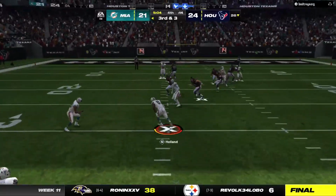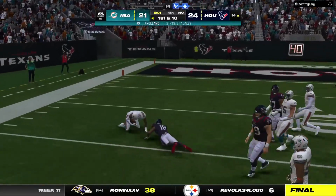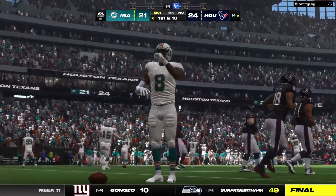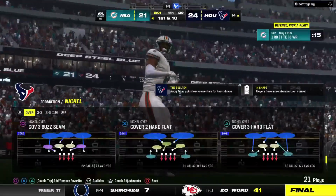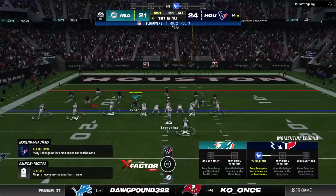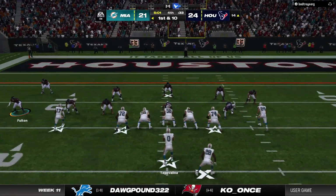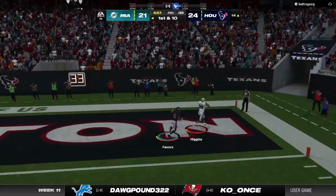And look at this. They get the turnover they needed. It's intercepted. Picked up by Javon Holland. And he'll take this down inside the 15-yard line. A critical error there in a tight game in the 4th. All you talk about is taking care of the football, and especially with a lead here in the 4th quarter, turning it over, now the door is open for the opposition. Just in general, when you're passing in the 4th quarter with a...